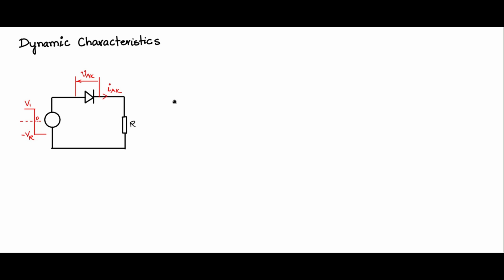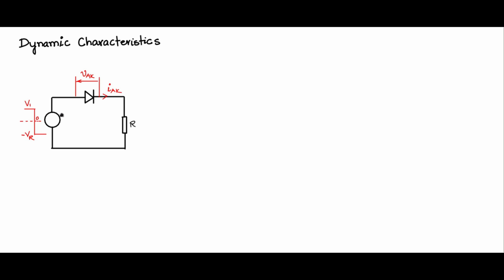Normally, when we talk of dynamic characteristics, we talk of the turn on and turn off. Generally, in the case of the diode, turn on is very fast, and it is generally not posing any serious problems in most circuits. So it is the turn off that is of some concern, because that is where usually problems and challenges are faced. So let us discuss the dynamic characteristics of the diode during turn off.